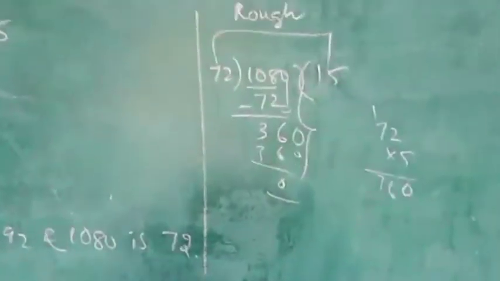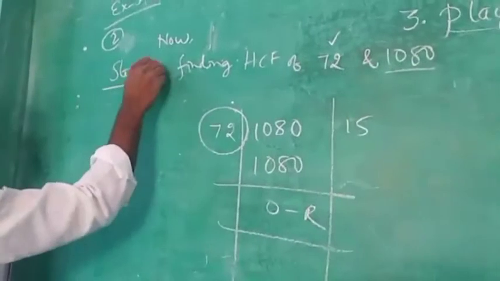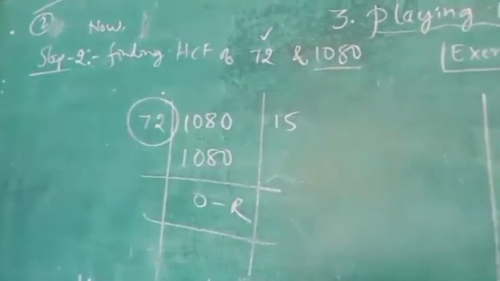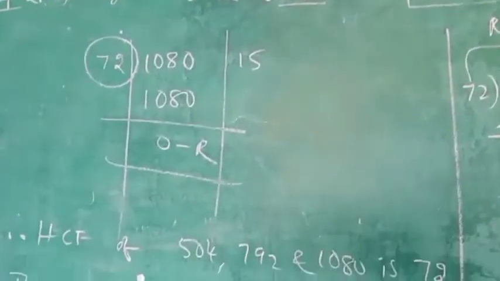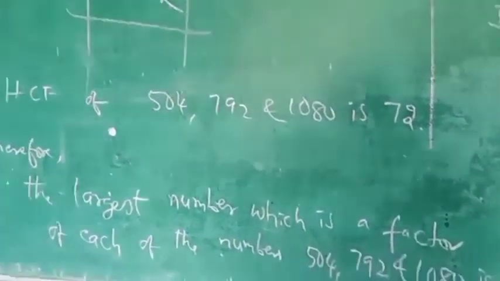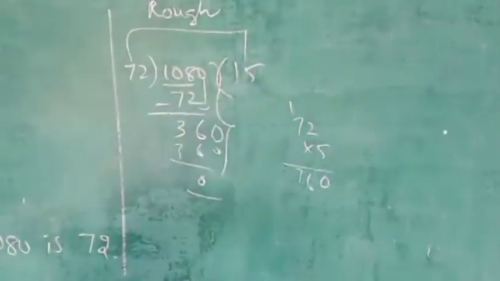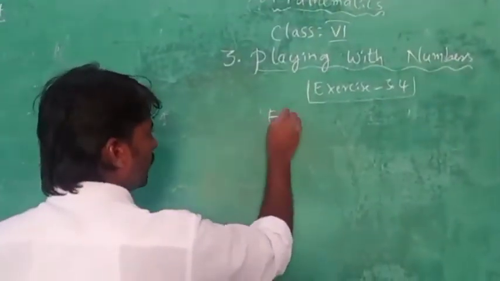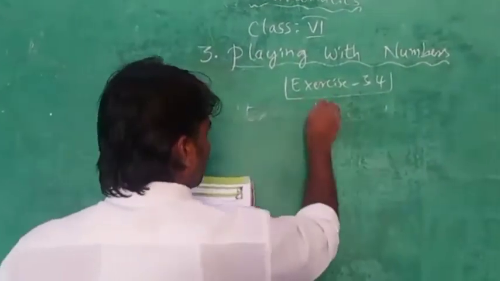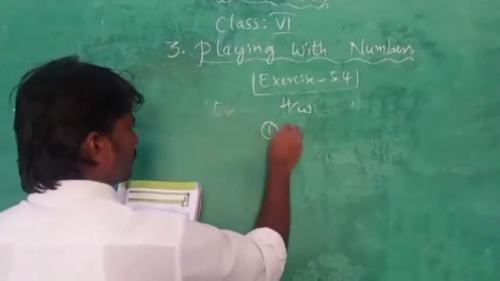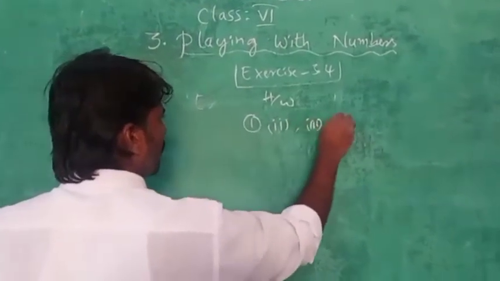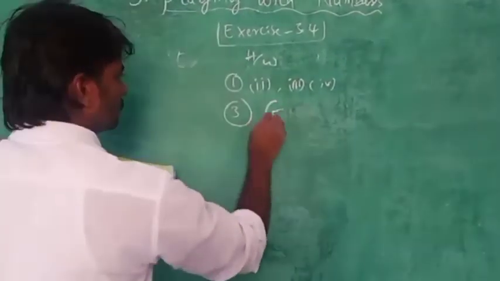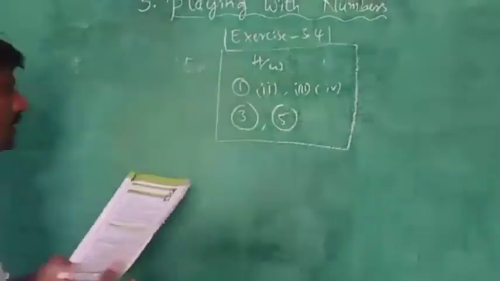If you understand this step number 2 better, previously step 1, this is step 2. So like this you understand. Same problem only step 2. Homework I'll write on the board once understand it. I'll continue one problem also. Exercise number 3.4 only. Homework I'm giving you. First problem, second problem, third problem, and fourth problem. We try it. And question number 3 also. And question number 5.